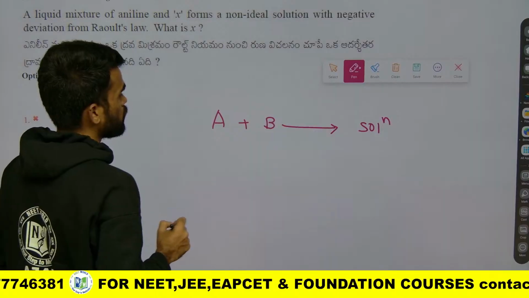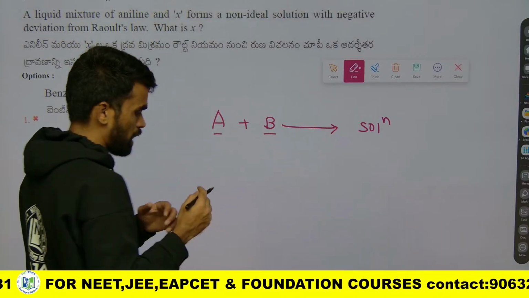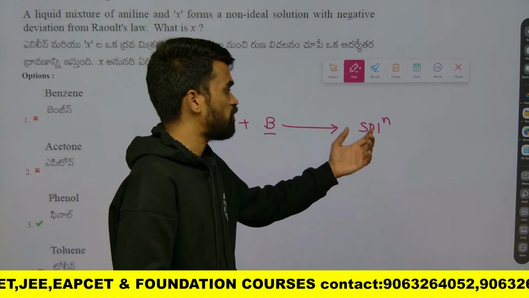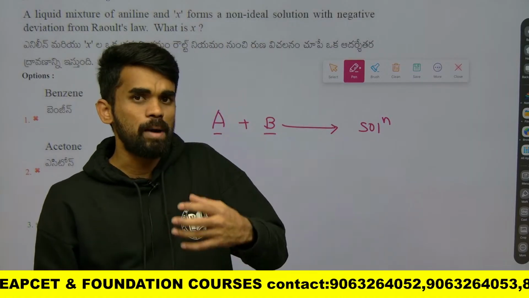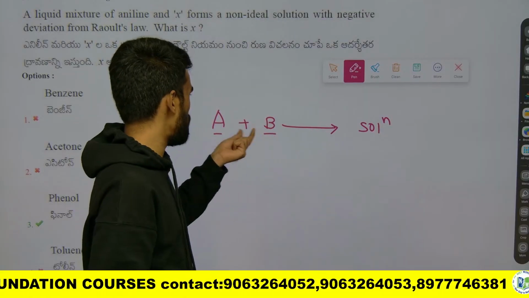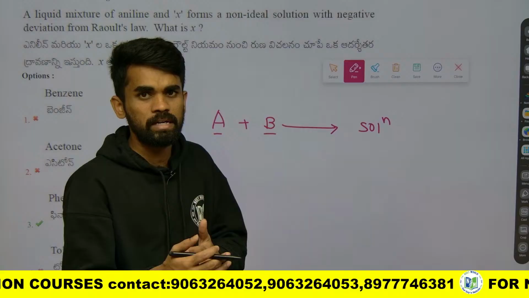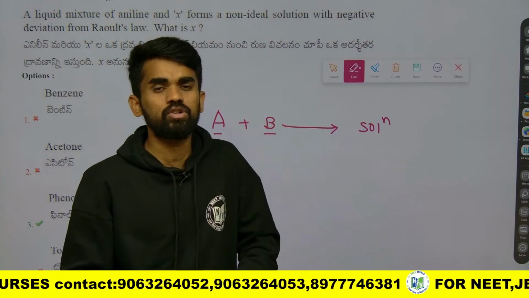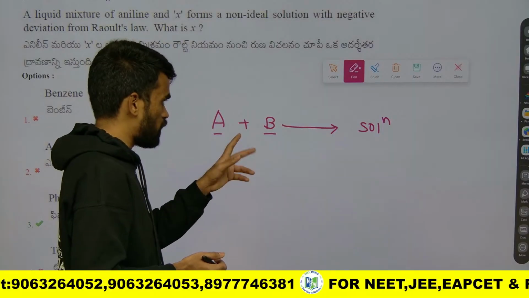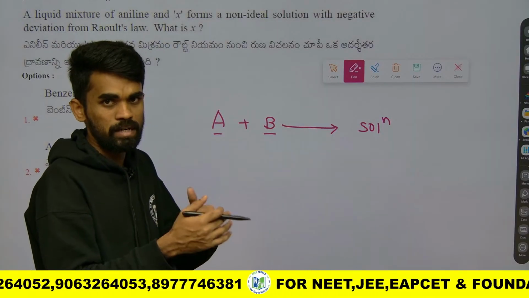Okay, so now if A and B are having the same type of interactions between them, after formation of the solution also the properties are similar, because A and B individually have similar properties. So after mixing also we can expect them to show similar properties. But whenever both of them are having different properties, for example,